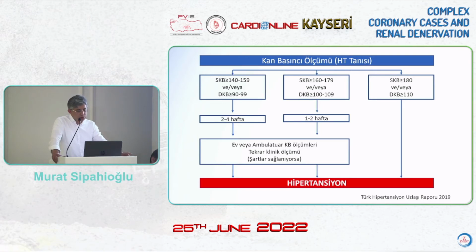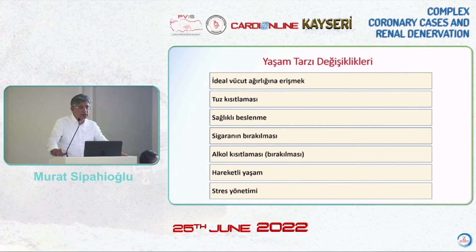And shorter waiting periods are in question for the diastolic. If we see the measurements within these ranges within 1 or 2 weeks, we diagnose the patient as hypertension. If the systolic blood pressure is more than 180 and the diastolic is 110, we immediately diagnose the patient as hypertension. The lifestyle changes include ideal body weight, decreasing the salt, healthy diet, quitting smoking,